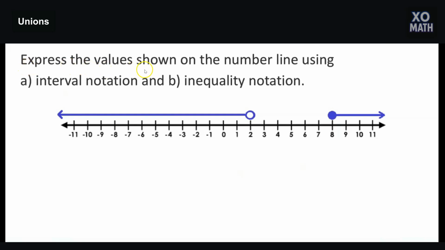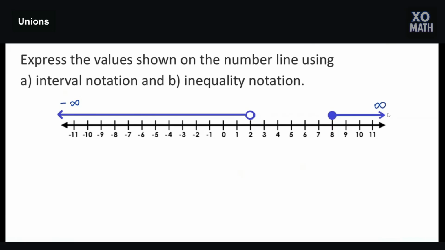We want to express the values shown on the number line using A, interval notation, and B, inequality notation. So we have two collections of numbers. One extends from negative infinity all the way up to 2, not including 2 because of the open circle. The other collection of values starts at 8, including 8 because of the filled-in circle, and extending all the way